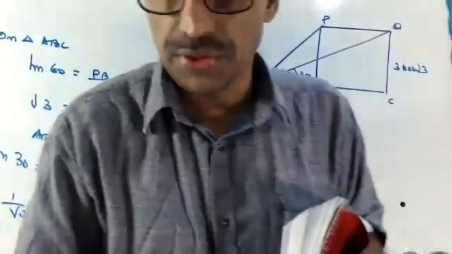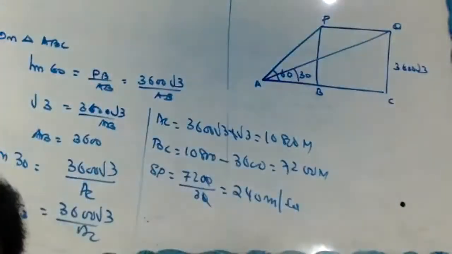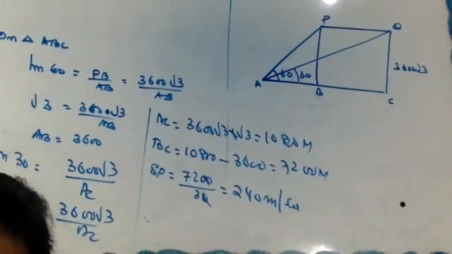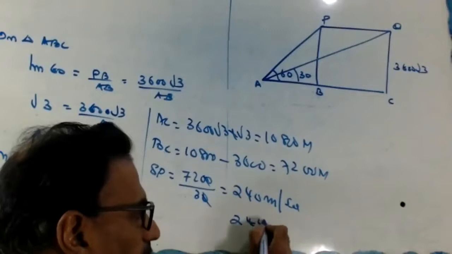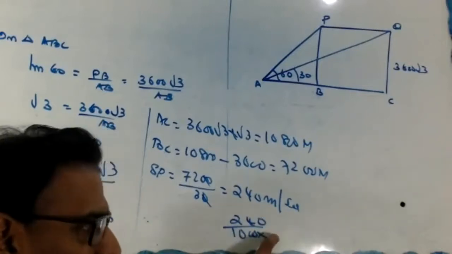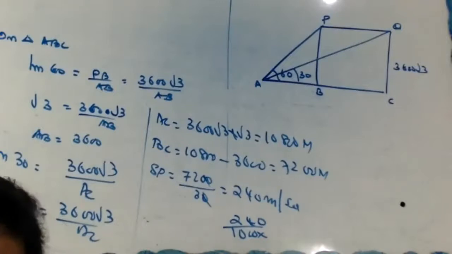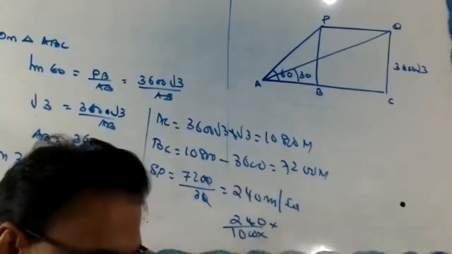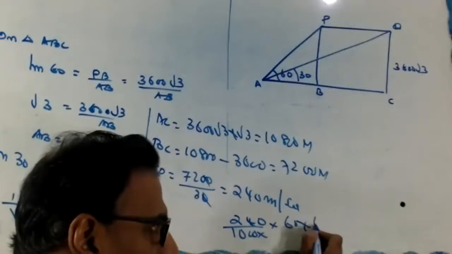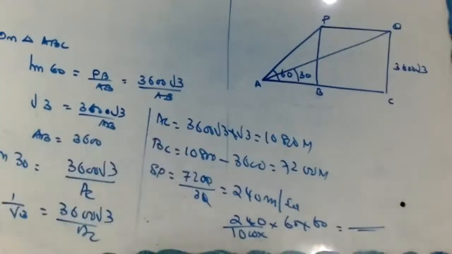Okay. So we have to convert to kilometer per hour. How we convert to kilometer per hour? Listen, meter to kilometer, that is 240 divided by 1000. Second to minute is 60, then minutes to hours into 60. So we get the answer. Okay, clear or not? Before writing, check the answer out. Final answer, you have to convert it to kilometer per hour. Meter to kilometer divided by 1000. Second is in the denominator, that is multiplied by 60 into 60. Is it okay? If it is okay, tell me, I'll give the note.